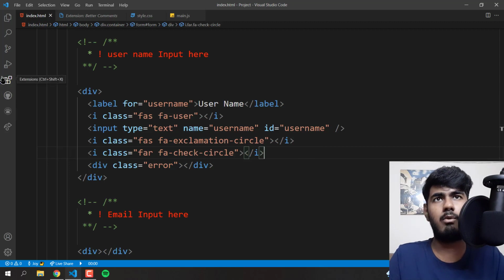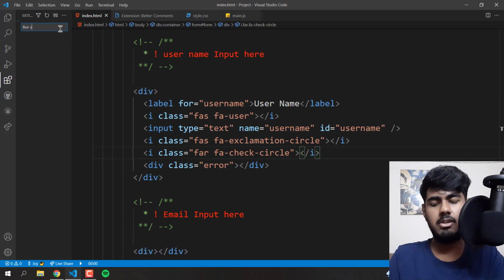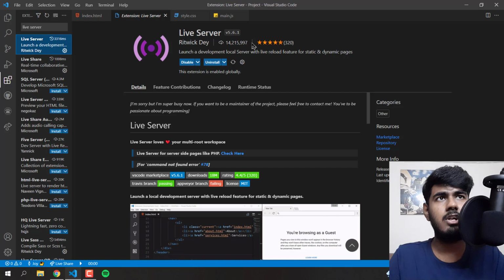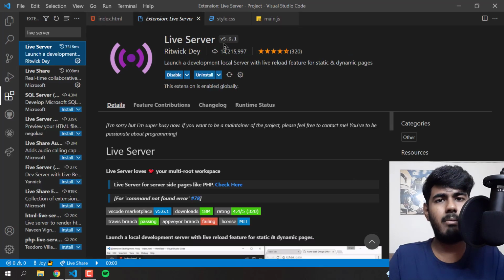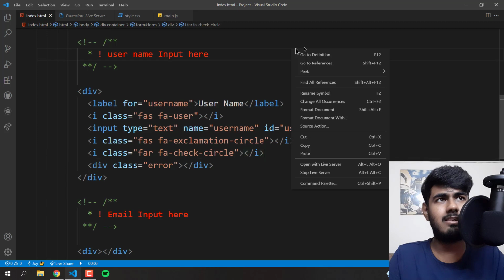highly suggest you download this extension. It's called Live Server. Okay, Live Server. Let me show you. Wait a second. This one, Live Server made by Ritwik Day. This one. Okay, so you install that one. So once you have downloaded this extension, you're gonna go back to your HTML and right click and you're gonna find this option, okay, open with live server. You're gonna click this over here,